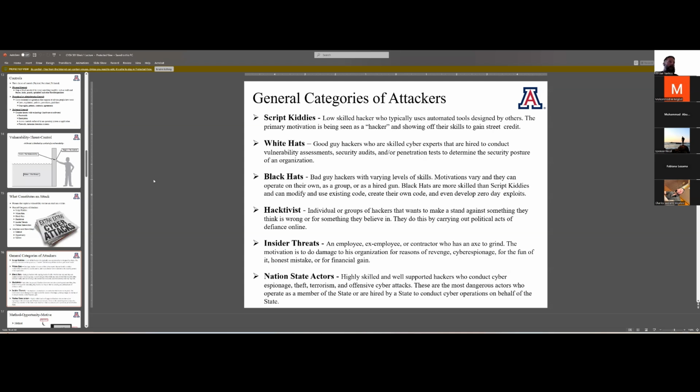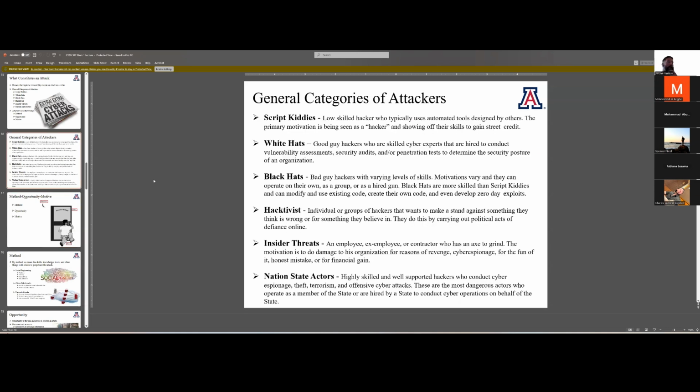And then finally, we have nation-state actors. You're never really going to hear it referred to as that either. They're going to be called advanced persistent threats. Really think of it like a government-backed hacking group that executes agenda items for that particular government.